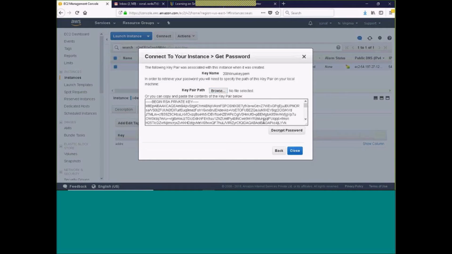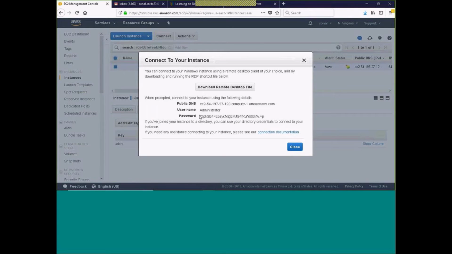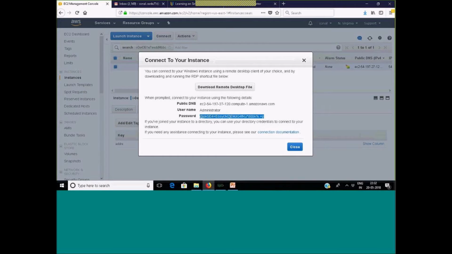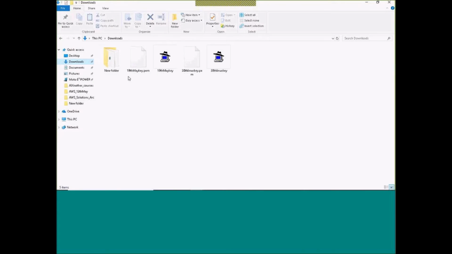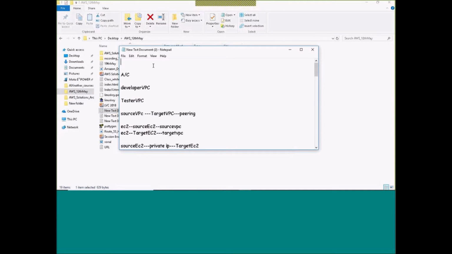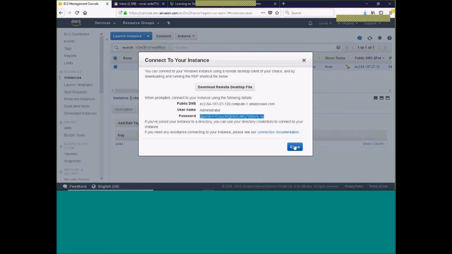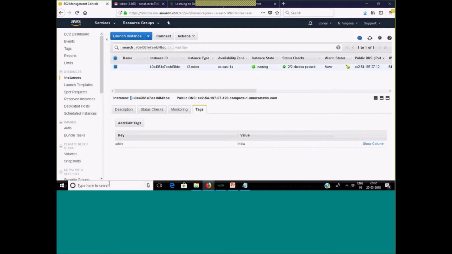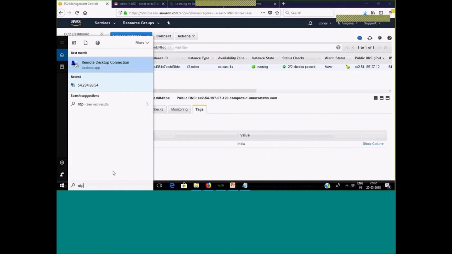Get the password, browse, decrypting it. I will copy and let me just paste it so that I will not lose this. Once again, I will not have to do that. Just a moment. Closing this, doing an RDP.